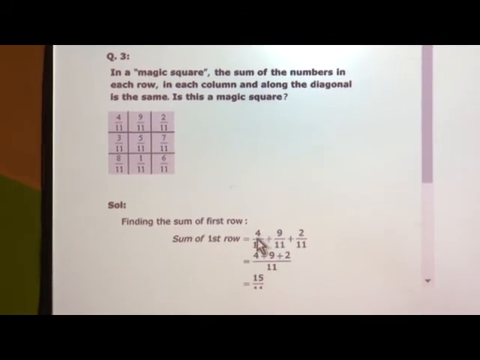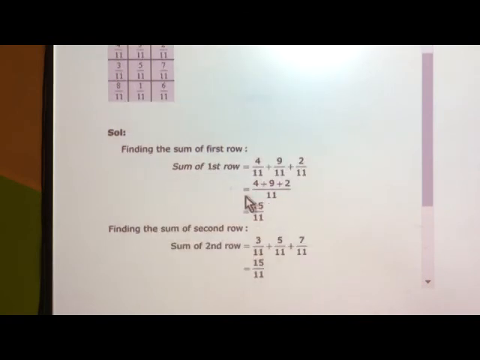In the numerator we have 4 plus 9 plus 2. You can use a magic of this and do it. 9 plus 2 is 11, 11 plus 4 is 15, so 15 upon 11. I have explained one of these in the first row. The second row you can do on your own, because here also we have the same denominator. The third row also has the same denominator, so we do the additions directly because the denominators are common.